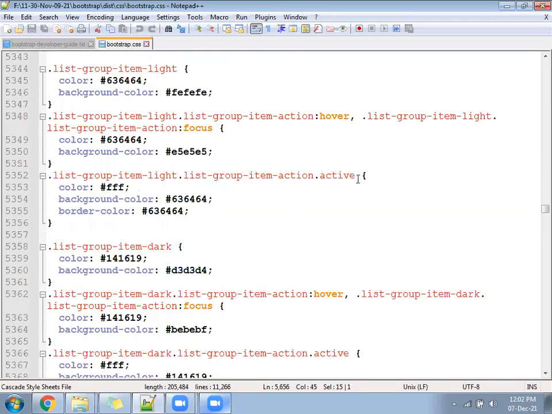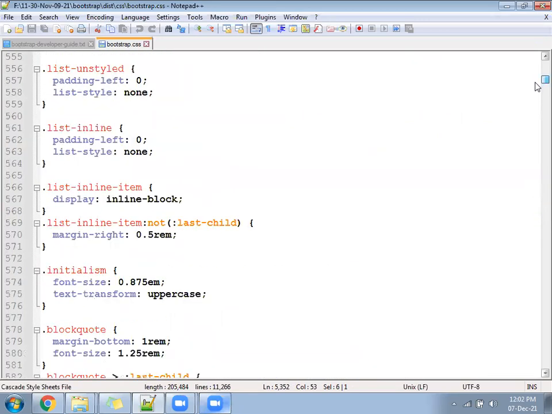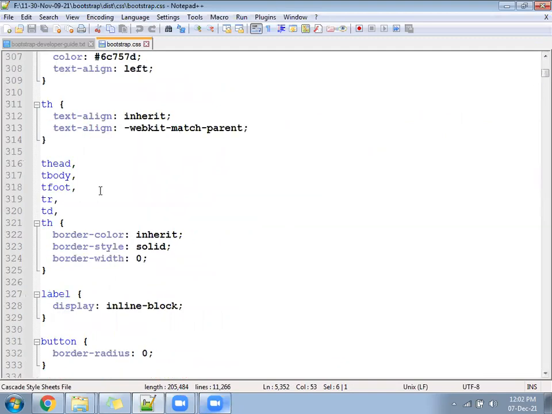See inside. How many parents? This is one parent class. Inside there is one more child class. Inside they are called active. So what do you see in this file? In this file you see a list of the classes, right? A list of the classes. CSS by tag name.